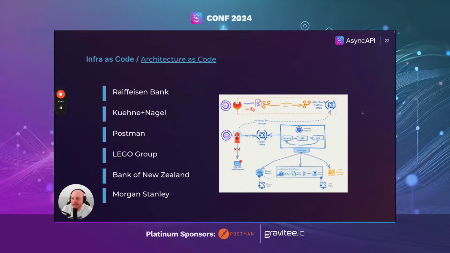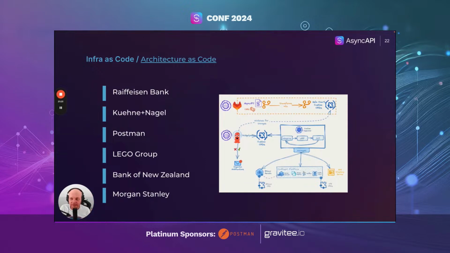So in the picture, you can see a screenshot from the presentation from Kuehne+Nagel. I chose this one because I'm always probably going to be a fan of Kubernetes and Argo CI/CD and this concept of operators. But yeah, doesn't matter what I'm a fan of. Let's quickly go through what infrastructure as code means in the case of, for example, Kuehne+Nagel. So what you can see is that AsyncAPI is a configuration file.